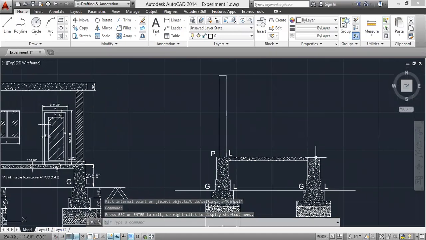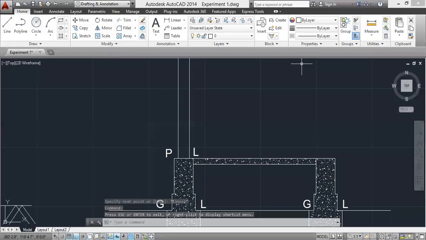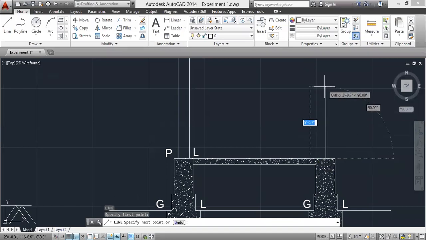Now here take the midpoint as dummy line, L enter. Okay, L enter. Take the midpoint, give height as 9 feet, enter.